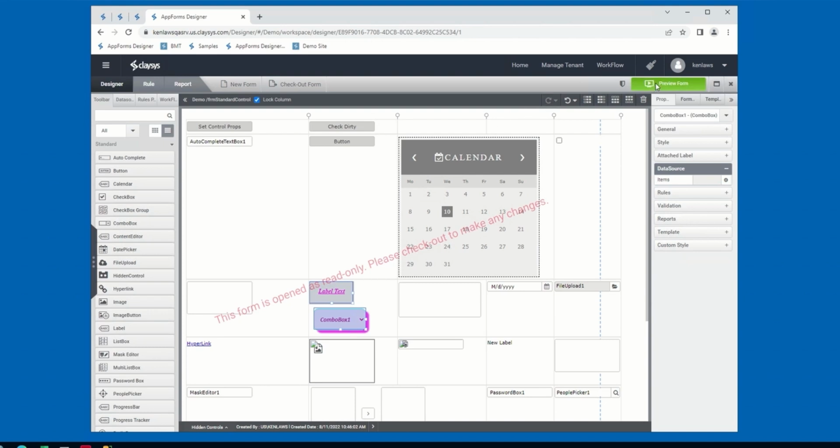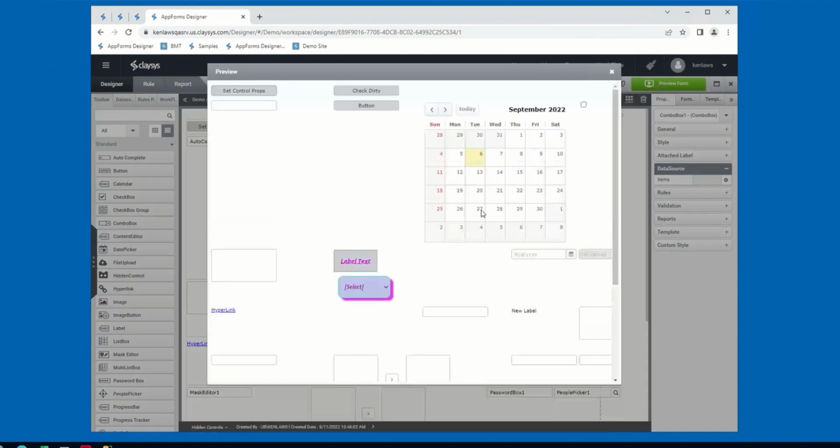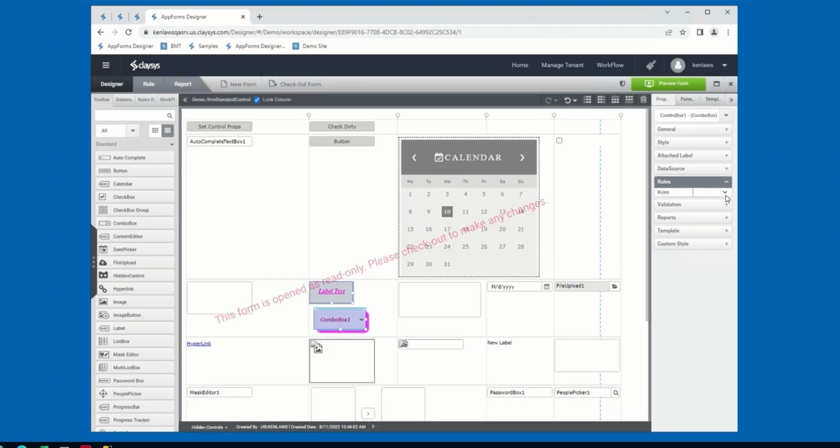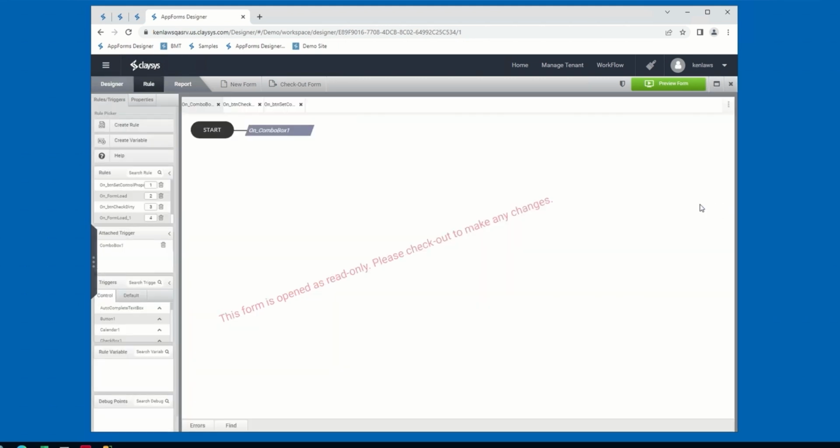If I preview the form, notice I have my values from my Northwind table available in the combo box. This combo box control also supports rules property. So if we drop down the rules and select create rule, this will automatically add a rule for the combo box and attach the trigger to it. So if I want to add, let's say, just display a text box that says hello,